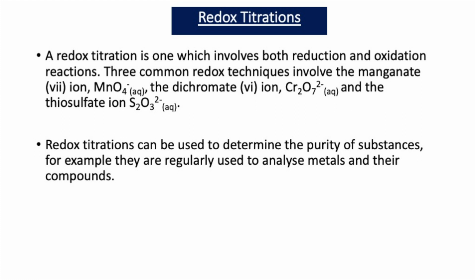Now, in our previous video on redox titrations, we learnt that a redox titration is one which involves both reduction and oxidation reactions, and three common redox techniques involve the manganate 7 ion, MnO4 1-, the dichromate 6 ion, Cr2O7 2-, and the thiosulfate ion, S2O3 2-. And in our last video we learnt that the manganate 7 ion and the dichromate 6 ion are oxidizing agents and the thiosulfate ion is a reducing agent, and redox titrations can be used to determine the purity of